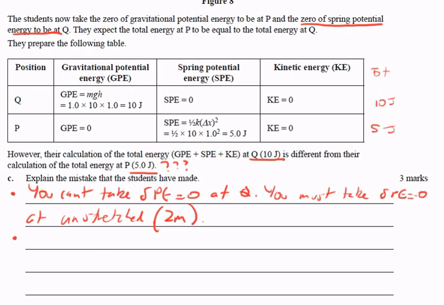Okay. So if we did the proper calculation with it, taking the spring potential energy at 2 meters, we have